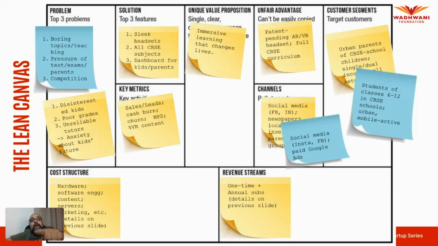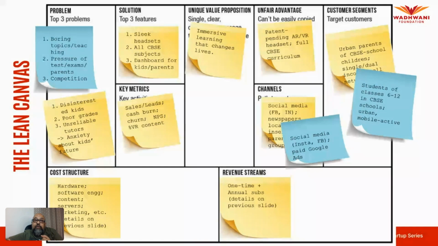Now for each of these customer segments, we have a problem. We have associated problems. So the ones mentioned in the yellow post-it are the parents. The way the parents look at the problem is again mentioned in yellow on the leftmost box, but the ones in the other color, which I think is pink, okay, I'm colorblind by the way, it says students. So students have a different take on the problem, which is mentioned in the pink one in the problem box. Now, once you know the segments and the problem, you're looking at the solution and the unique value proposition. So what is the unique value proposition and what is the solution that you have? So they figured that out.